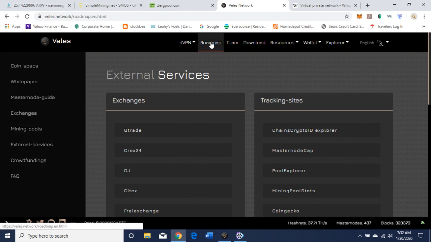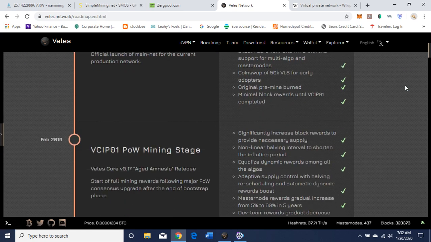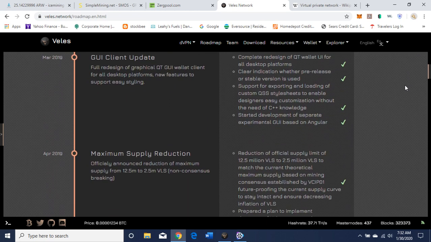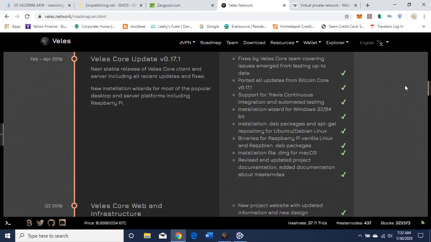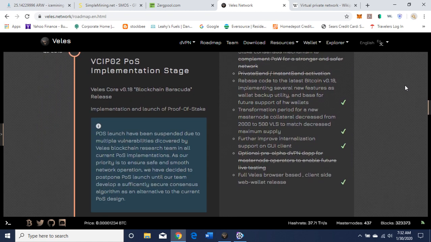And let's see, there's a roadmap. You can see what they've done and what they plan on doing in the future. I'm not going to go over it all. It's pretty lengthy, but something you might want to check out when